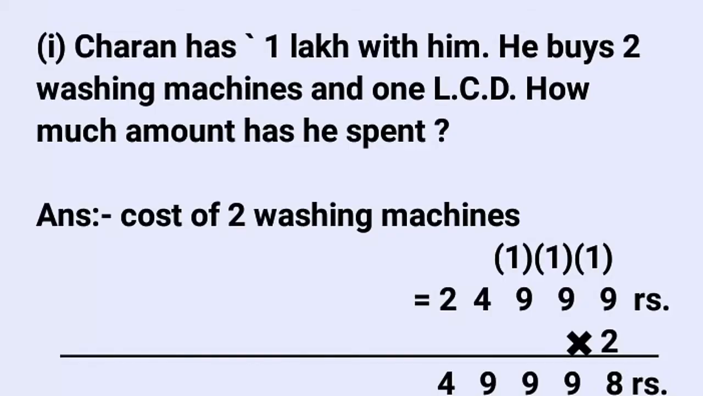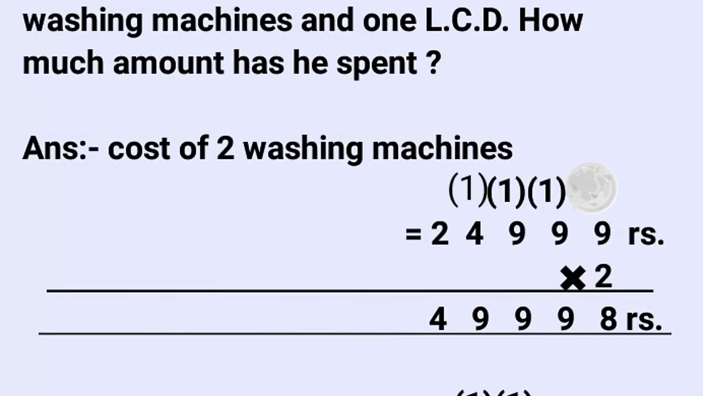Its first point is, Charan has 1 lakh with him. He buys 2 washing machines and 1 LCD. How much amount has he spent? Charan ने 2 washing machines and 1 LCD खरीदी है और उसने कितने पैसे spend किए? Answer is the cost of 2 washing machines is equal to